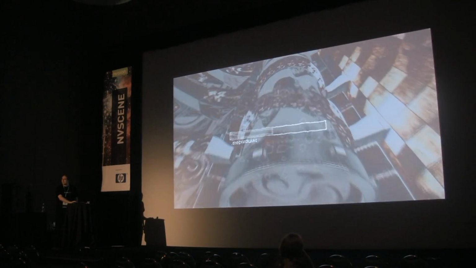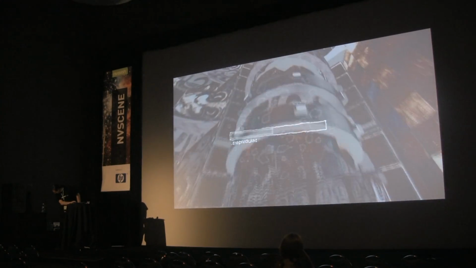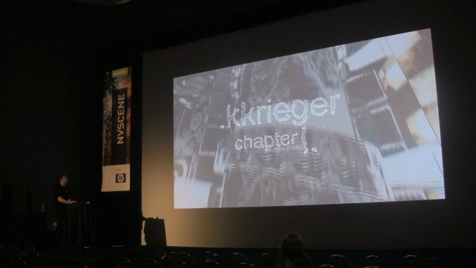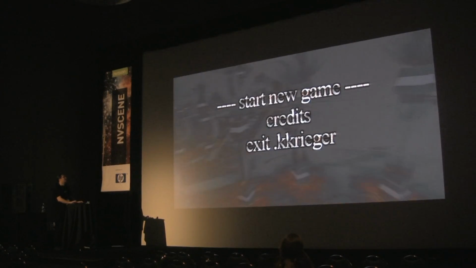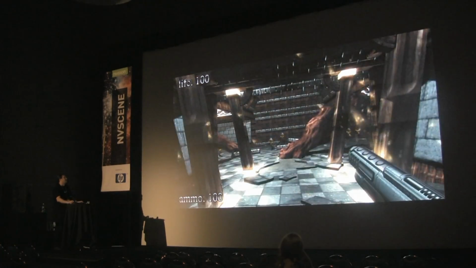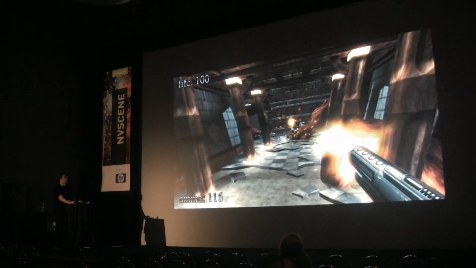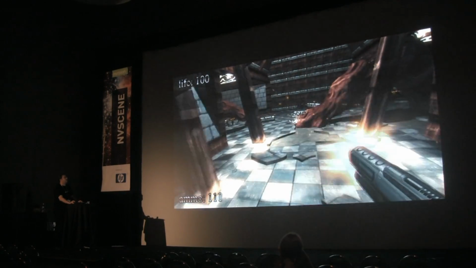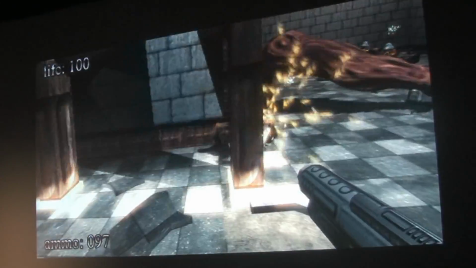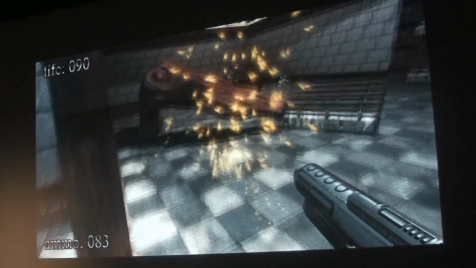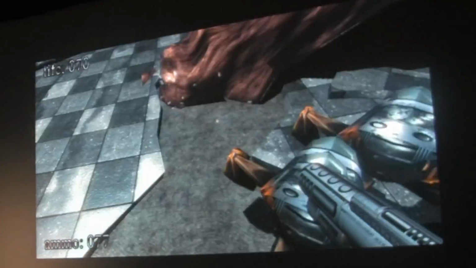Do we have sound? Please tell me there's no sound coming out of this box. So we have to play the game without sound. This was basically released a few months before Doom 3 was released. We wanted to make this deadline at all costs because Doom 3 had all these cool stencil shadow effects. And we wanted to show, well, we can do it in just a tiny amount of space. Oh, they're trying to kill me, this is not good.